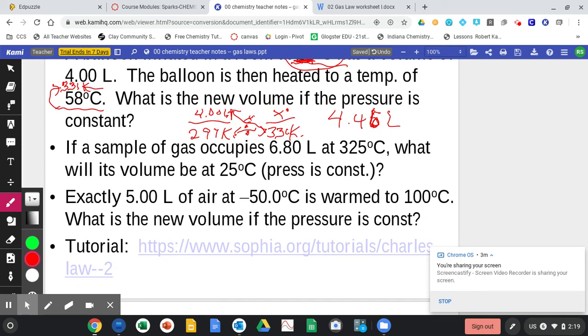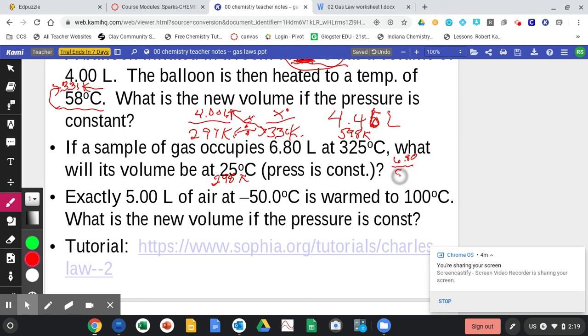The next problem, you have 6.8 liters with 325 Celsius. I'm going to add 273 to the 325. So let me start over here. And I get 598 K. And 25 degrees Celsius is 298 K. So what I'm going to have here is 6.80